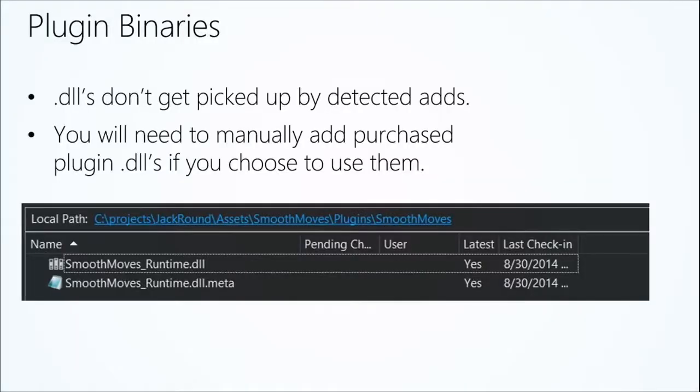Somebody's not going to get whatever plugin I just installed. That looks pretty familiar of a plugin. You check in plugins, you're going to get a lot of adds and maybe a few deletes to tweak some things. So make sure that you go through those adds and you ignore the files that you need to ignore, and you can do all that straight from there. So you can right-click the file that needs to be ignored and ignore it. And then again, here's the plugin I checked in, Smooth Moves. We decided instead of rolling our own animation system, we'll buy one this time. Okay. So it doesn't check in DLLs automatically.